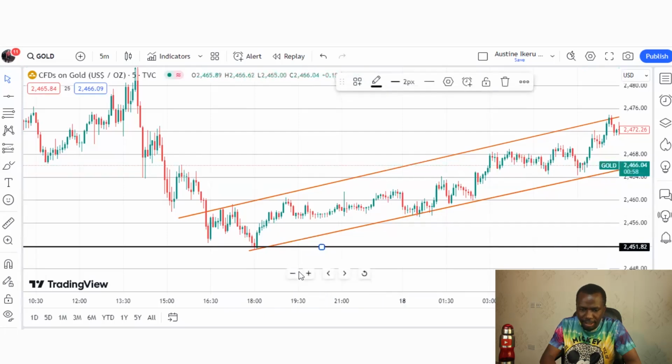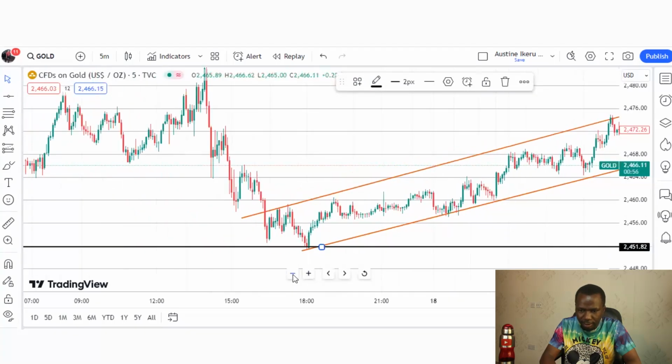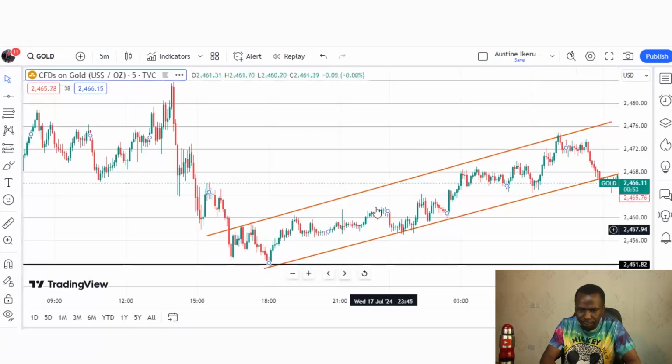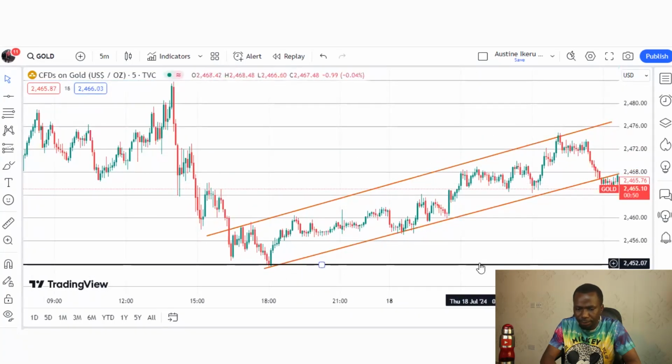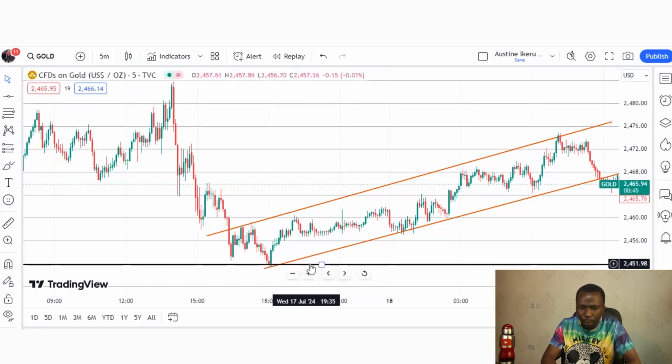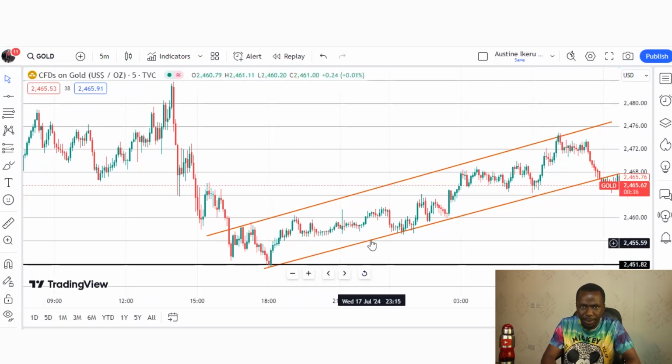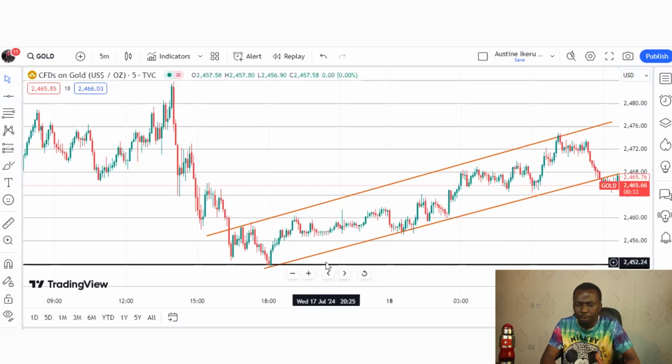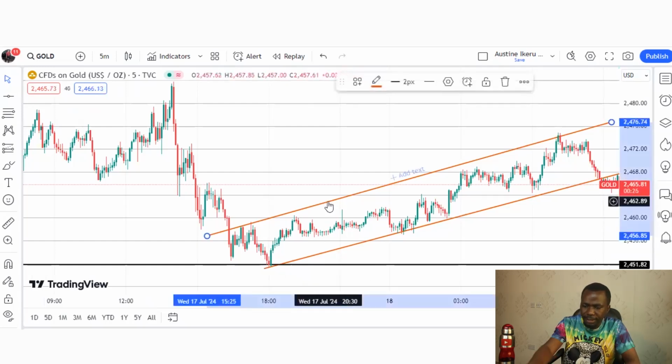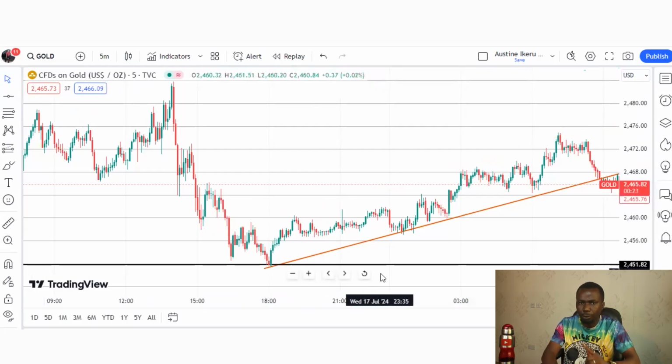So for the fact that the market is going up, the price might not be able to come back to this level. It will take time for the price to come back to this level because this is clearly a support level, but it will take time for price to come to this level for us to take our trade. And for the fact that we are scalpers, we don't have that time to wait for price to come to this level for us to take our buy trade, right? So what we're going to do is we're going to plot out our moving average and use it in combination with our trend line. So we're going to remove this trend line and make use of just one trend line.